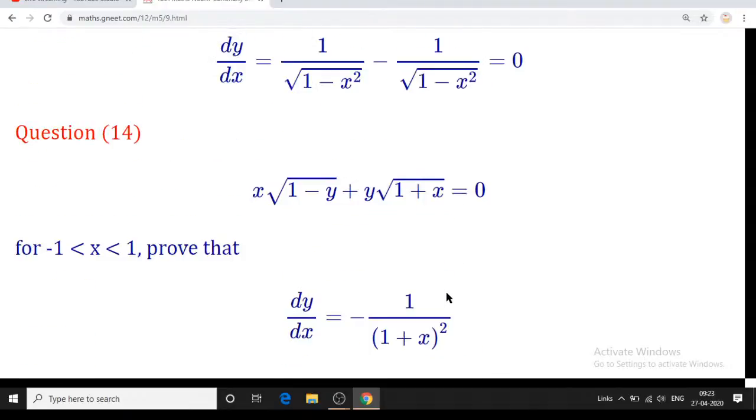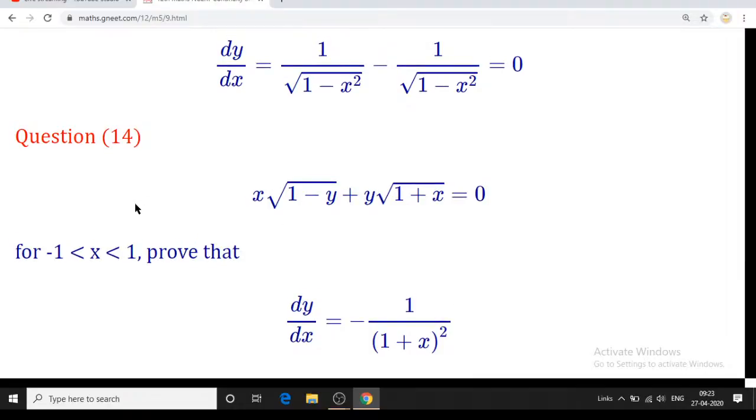Now first, as this question is given, if you start the derivative directly, here we require dy by dx, but we will not get that term. So if you start, what will happen? 1 upon 1 minus root y will remain as it is, and then we have to find out the values from this and replace. It becomes more tedious.